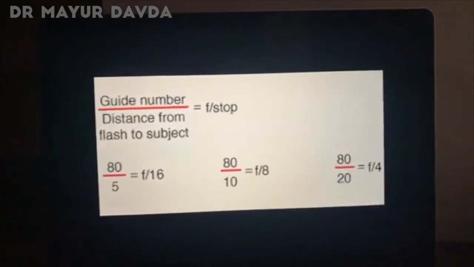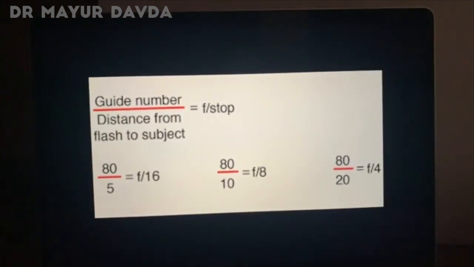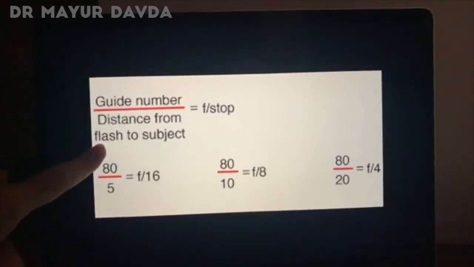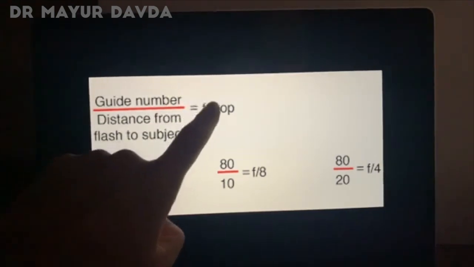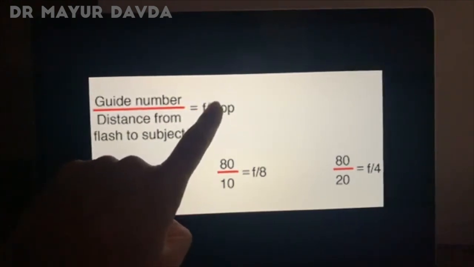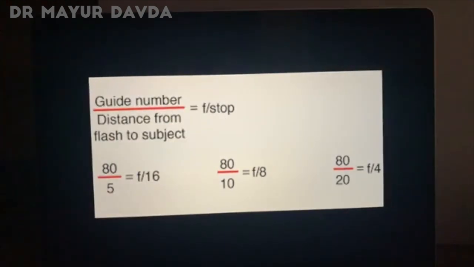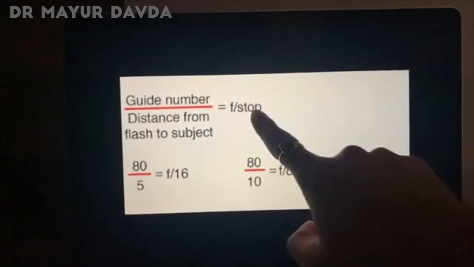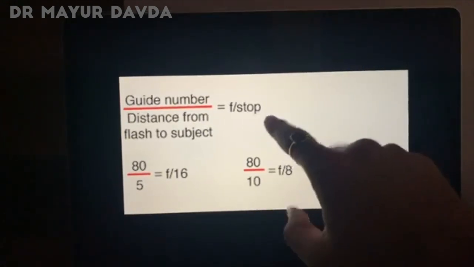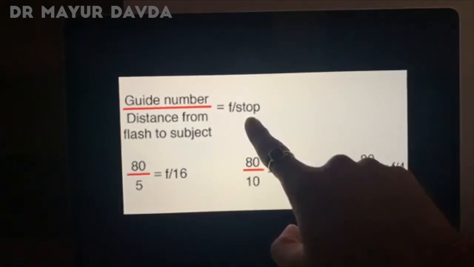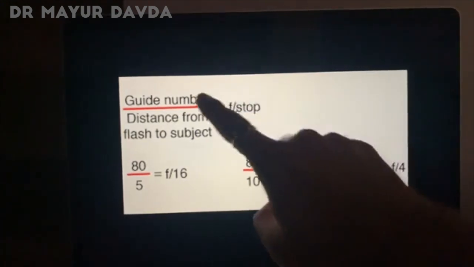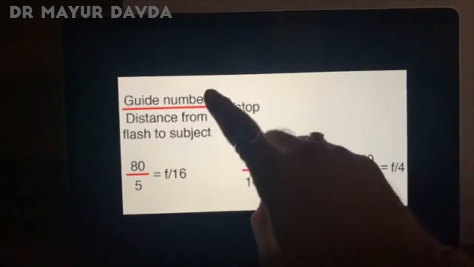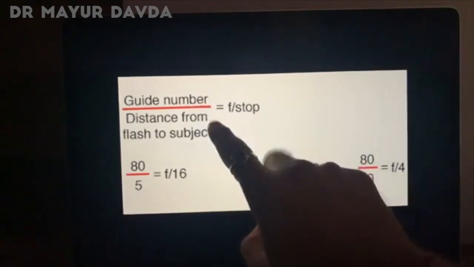Let us dig into it a little bit deeper. If we know the guide number, and if we know what distance we are going to stand from the subject, we can calculate the exact f number for our system to be used. Most of the time in dental photography, I shoot at f32. So I know the f number that I'm already going to be using. I also know the guide number that my flash has, so I can actually calculate the maximum distance I can be from my subject as well.